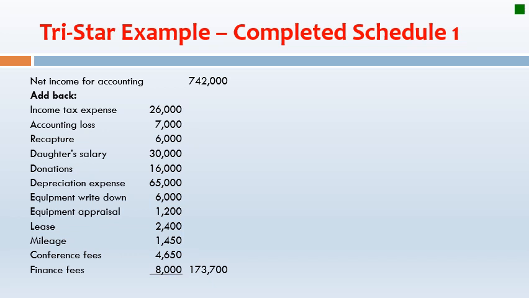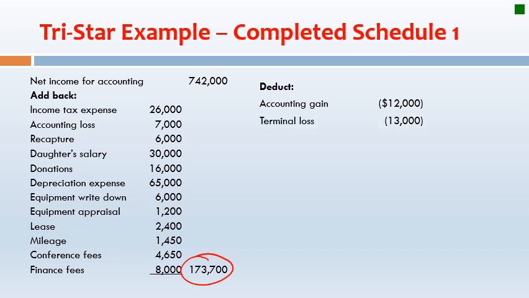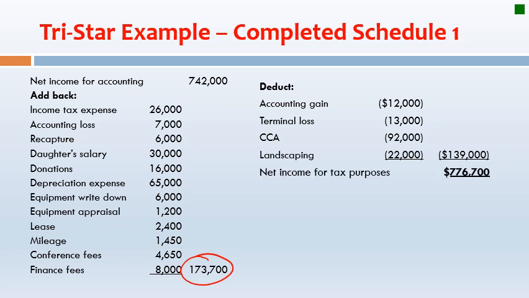This gives us a total amount of add backs shown here. We're then going to take our deductions, the accounting gain, the terminal loss, CCA, landscaping, for total deductions shown here. So we'll take our accounting income plus our add backs minus our deductions for our net income for tax purposes shown right here of